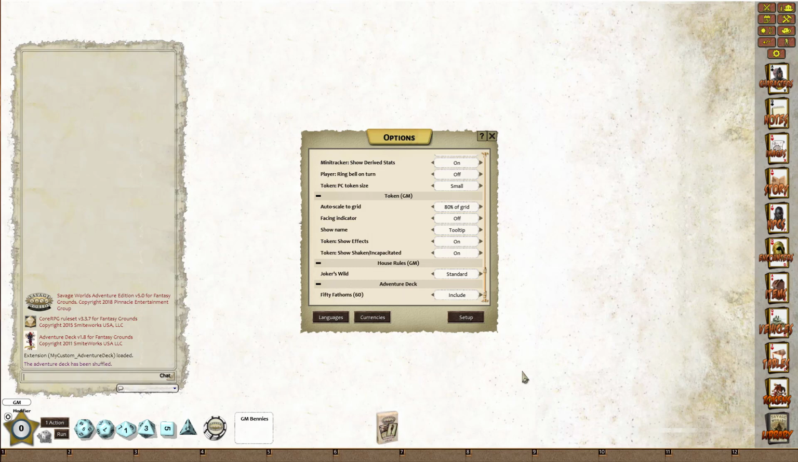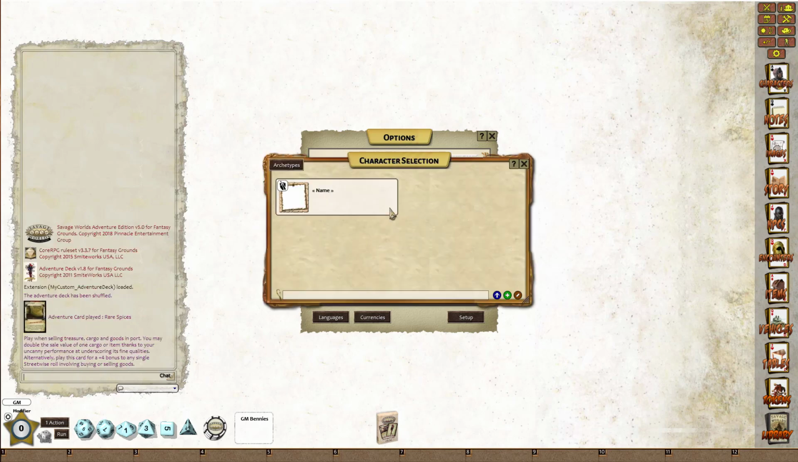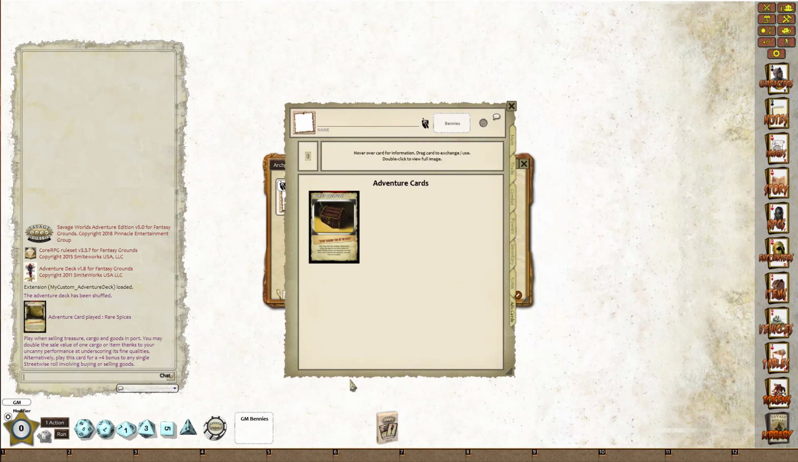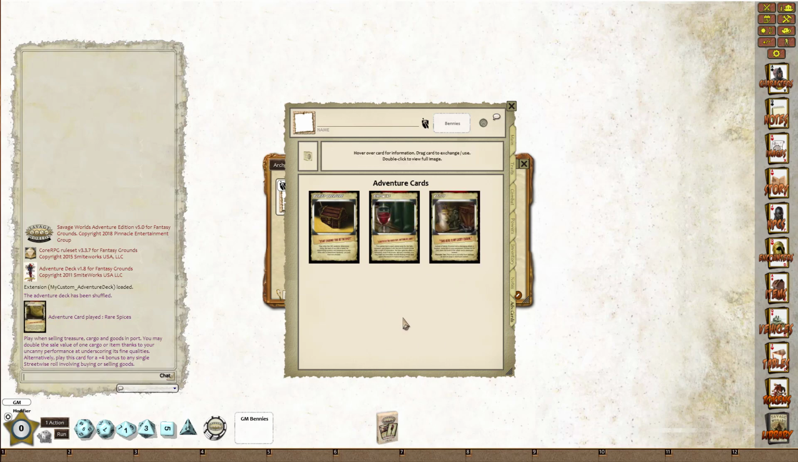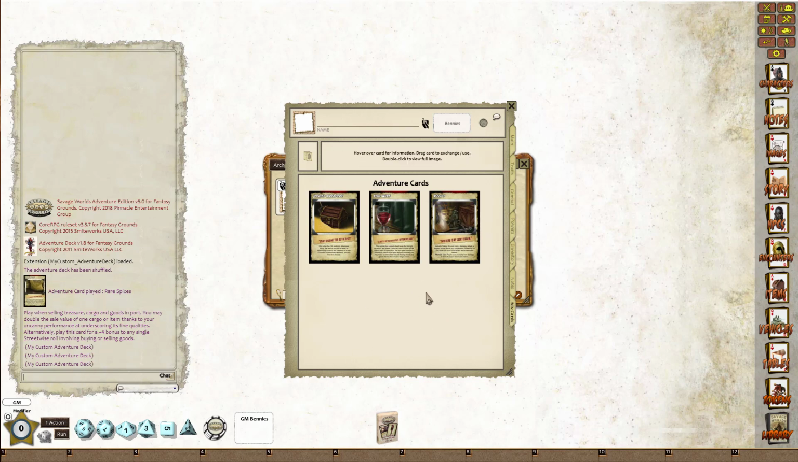So now if we just drag a card out and pop it on there, we can see that we got rare spices and the description. And if we open up a character sheet, we can move adventure deck cards onto there. Now what we haven't done is created a module. So if you double click on these cards, it will just tell you my custom adventure deck. This I will cover in another video,